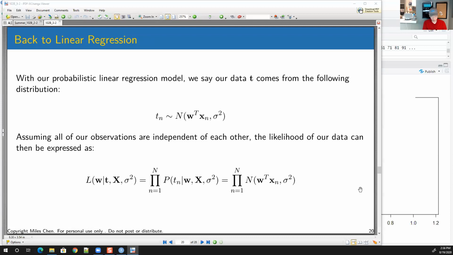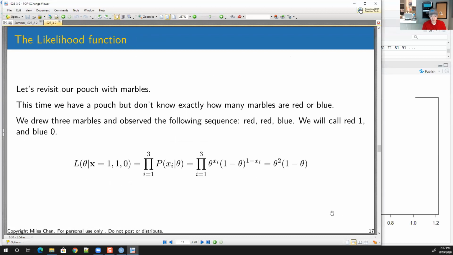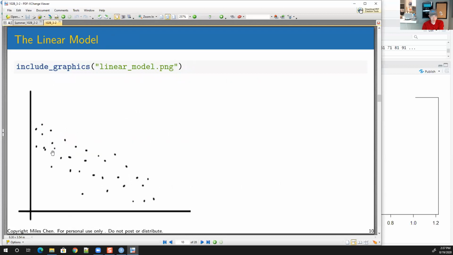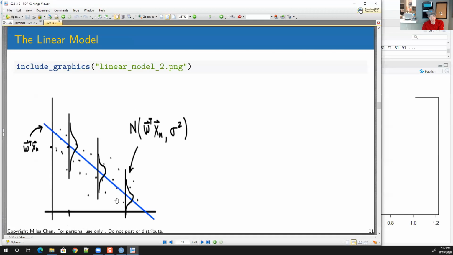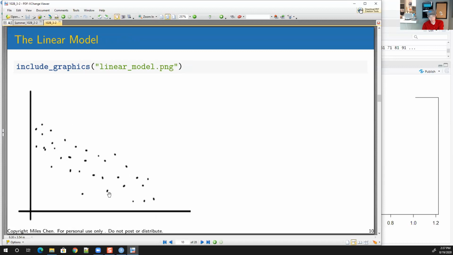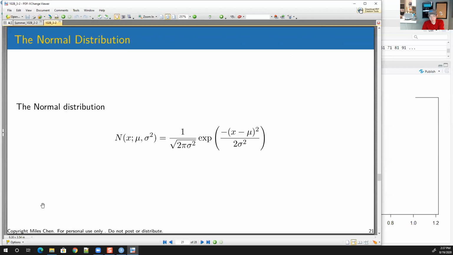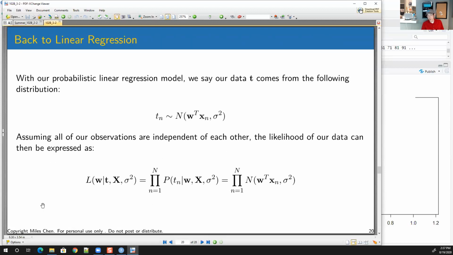All right, and so we're taking that idea, except now we're not messing around with a pouch anymore. We're messing around with this data, where we're saying, here's the data that I've observed, and what blue line is going to maximize the likelihood of the data that I've observed? So we want a blue line that threads the needle and goes straight through the middle here. If I pick a blue line that goes from the lower corner up to the other side, that's probably not going to be a good one,